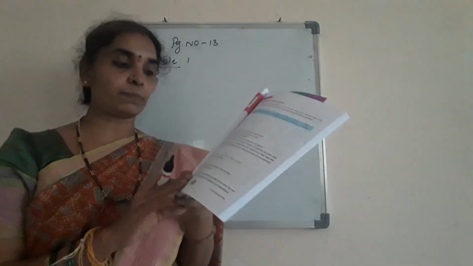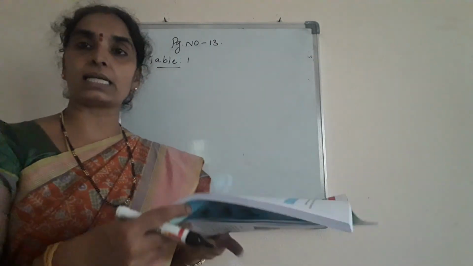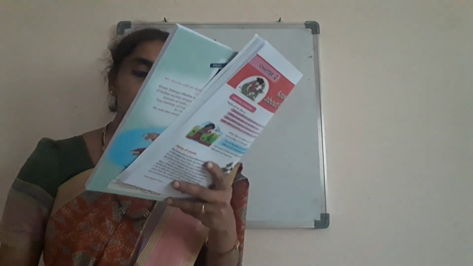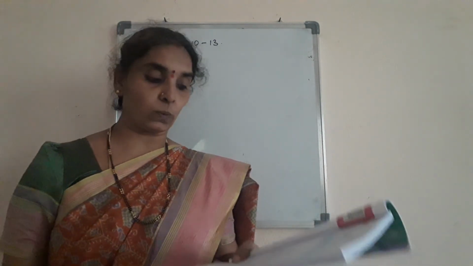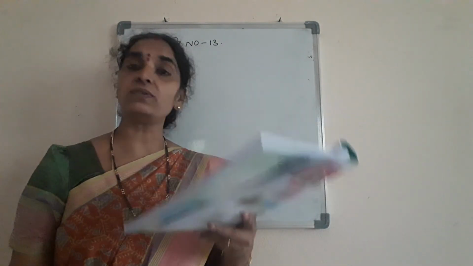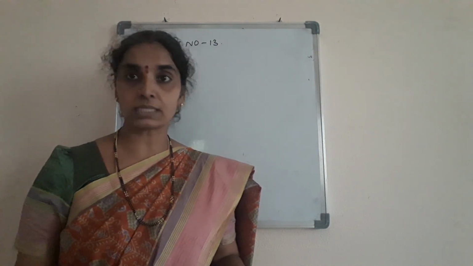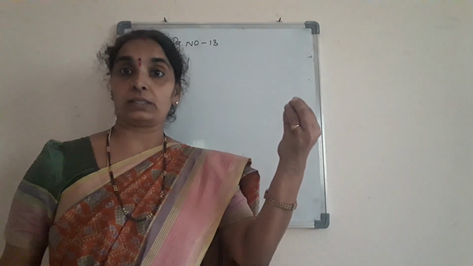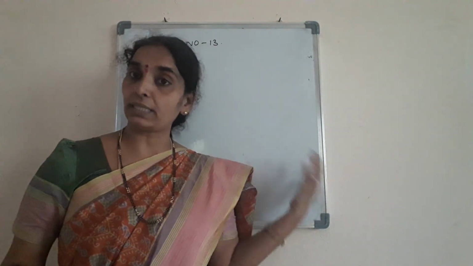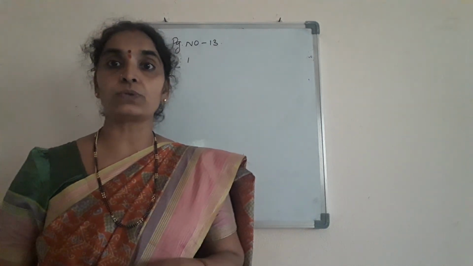Next, taproot system. The two types of root systems I told you now, and the questions that are asked, you answer them. Observe the roots of the plants you collected. How are they? Are they same? No. Do all the plants have similar types of root system? No, they do not have. All the roots are not similar. Some arise from the main root, and some the lateral roots arise from the main root in the taproot system, isn't it? And in the fibrous root system, the lateral roots arise